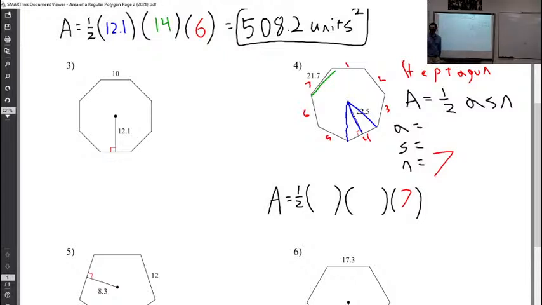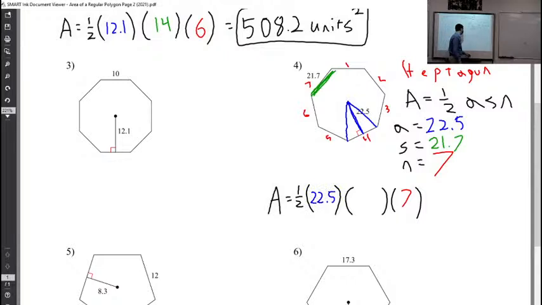Which one's our side length? Which one is actually labeling one of the sides of the shape? It's the 21.7. Here's one of my sides. It's 21.7. That leads to 22.5 to be my apothem, because it is dropping down the height of the triangle that I would draw. And the apothem is just a fancy name for that. So A is 22.5